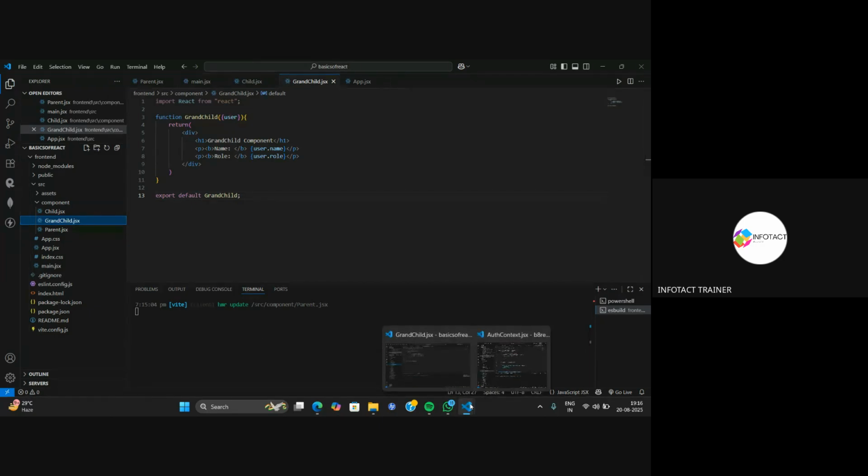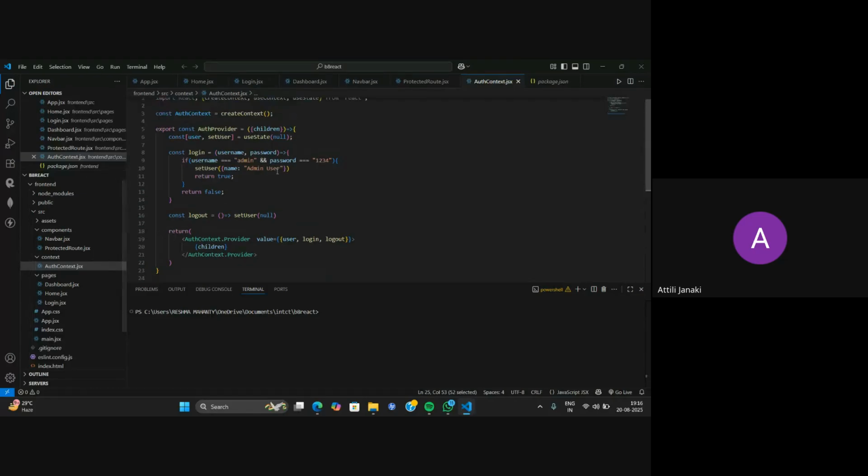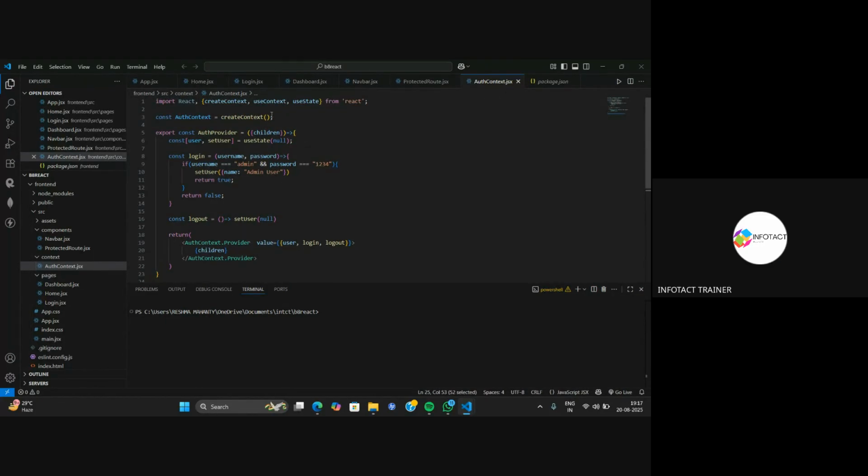Now coming on to another one, the context API which we have done in the day before previous class, right? Yes, ma'am. Over here you can see that I have created a context, and I have called the createContext method. And you can see I am using the user login and logout wherever I need the value by providing them inside the AuthContext.Provider. And inside this tag, we have an attribute that is value. And this value will provide us the required data. And where is this data present? This data is present inside my